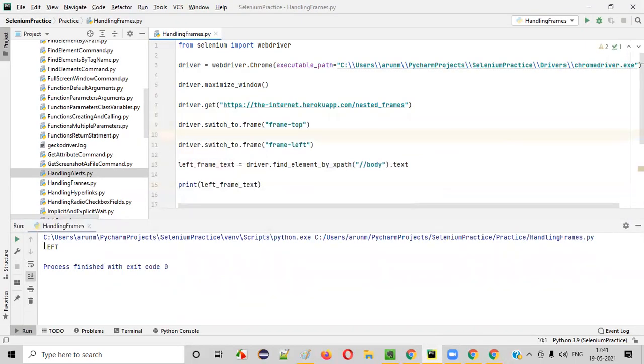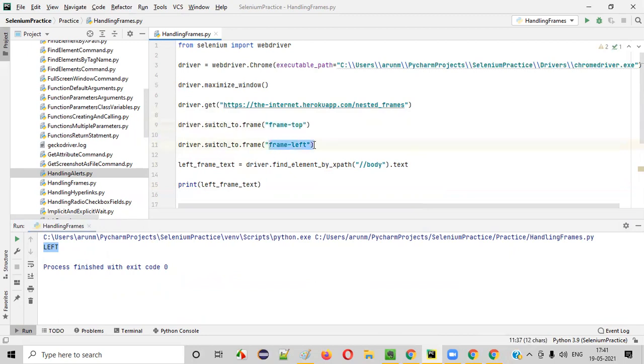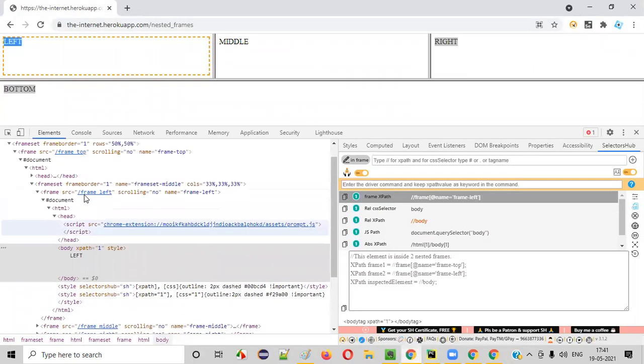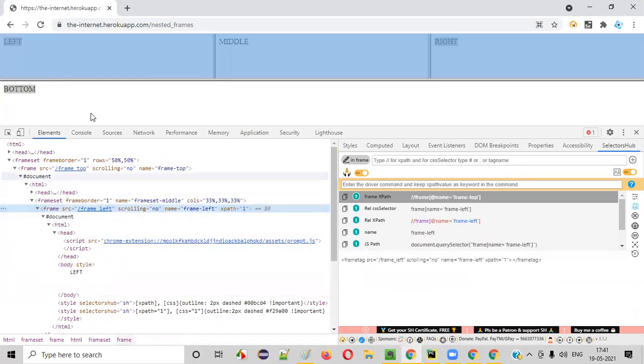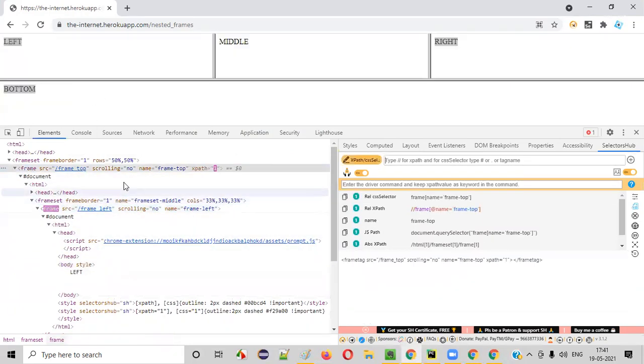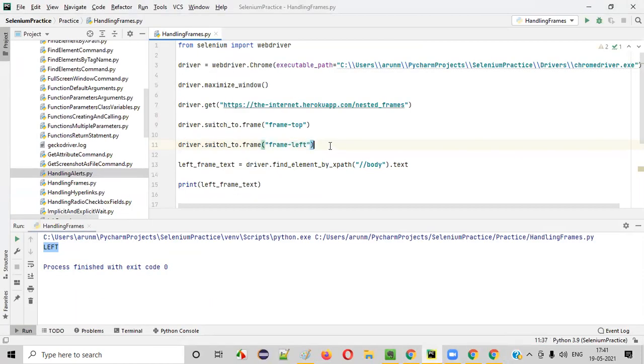Okay, let's go to this PyCharm IDE. You see, we got this text. We were able to locate it using the name, guys. We are able to switch to the frame using the name locator. Directly we can give the name locator here. So there's no need to create an XPath in this case, because this frame has the name locator frame-left. And as explained in the previous examples, if any frame has a name locator, you can use that ID or name for switching. You don't have to create the elements. Directly switching is possible using the name locator. You don't have to create the web elements. Fine, this is working, guys.